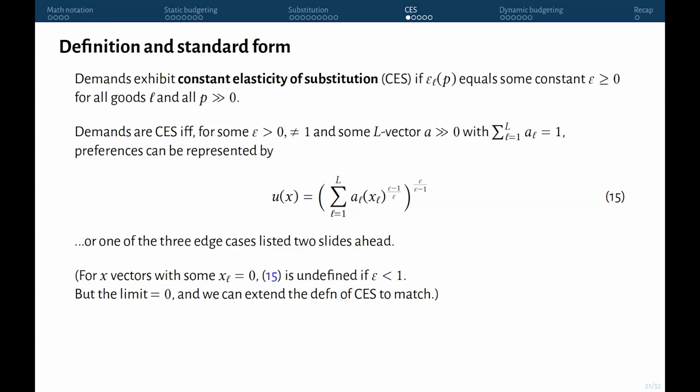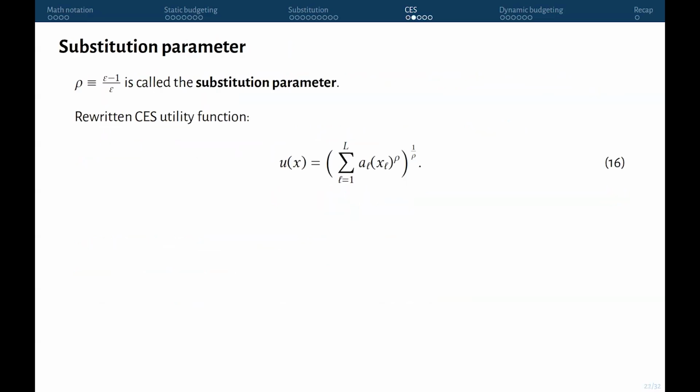Something to just flag as a technicality is that for demand bundles that have a 0 in some coordinate, technically this expression is undefined if the elasticity of substitution is less than 1, because you're raising 0 to a negative power. But the limit will be well defined. The limit as x goes to 0 will be 0. And we can extend the definition of a CES generating utility function accordingly. Sorry, I guess it's coming in 2 slides, those edge cases. Before we get to that,